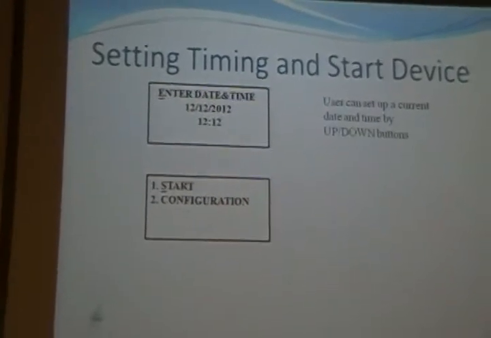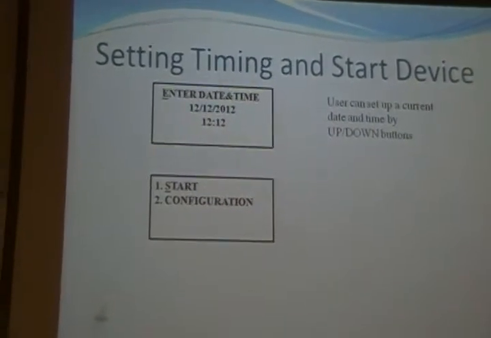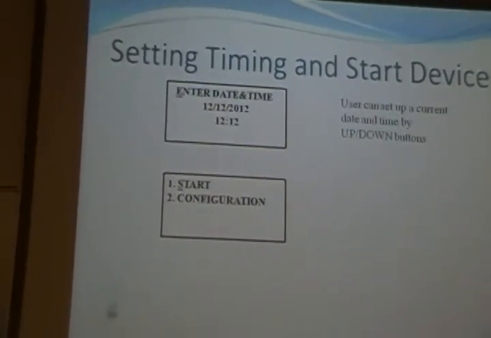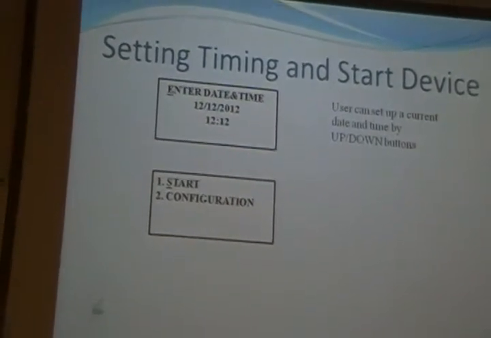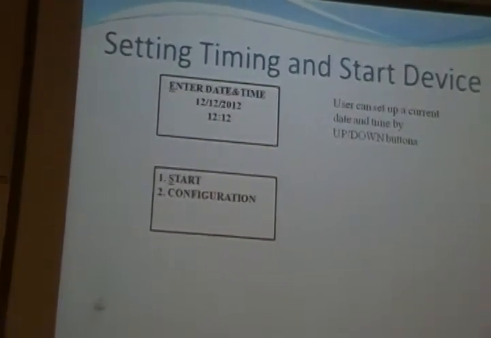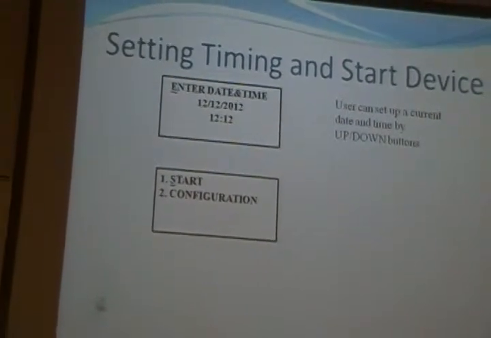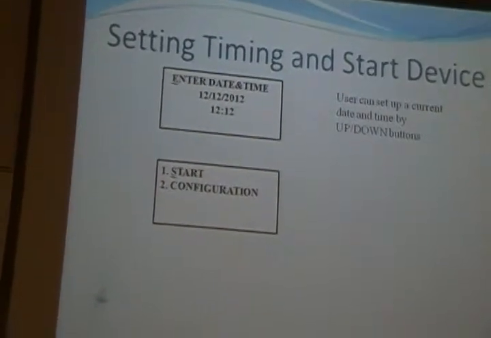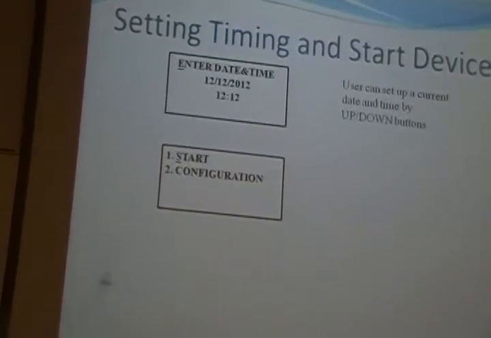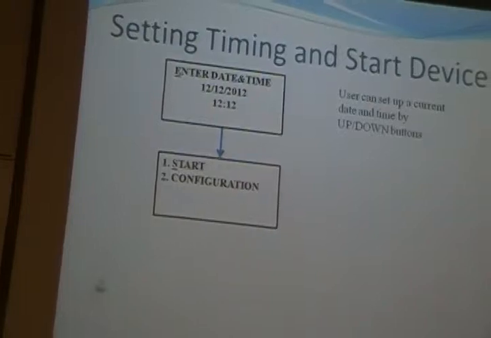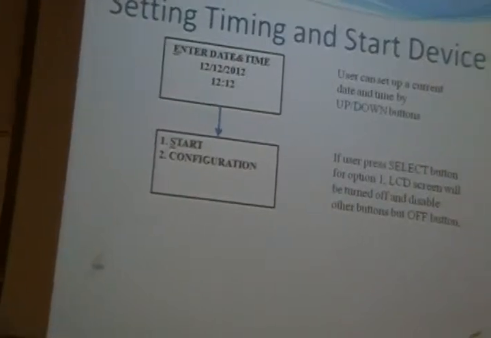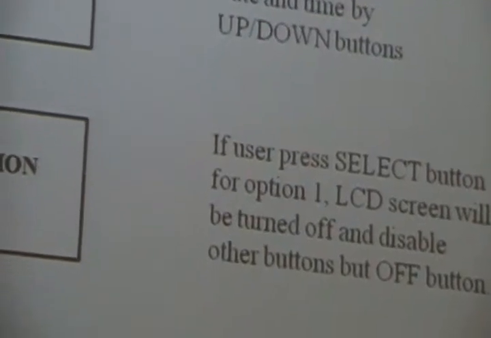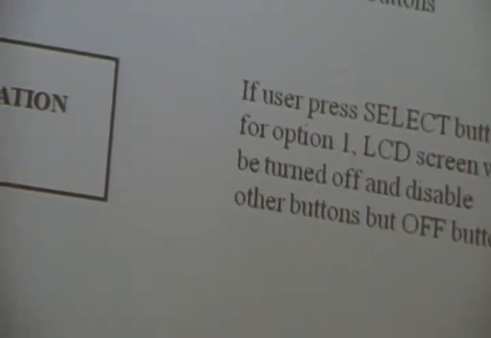Before I begin, I want to say that all these boxes will be exactly how it looks on the LCD when the device is actually working. When the device just starts, the page about entering the day and time will allow the user to change the time and day based on military time. And when the user finishes changing day and time, they can go to the next screen. It's called the start and configuration screen. So if the user doesn't want to pick anything and just wants to use the default values, they can just select the start option, and the LCD will turn off, and then the microcontroller will start taking all the